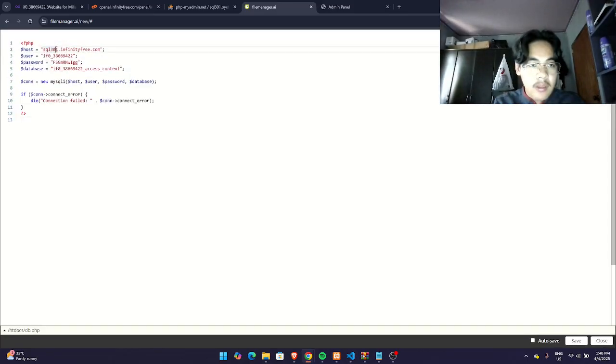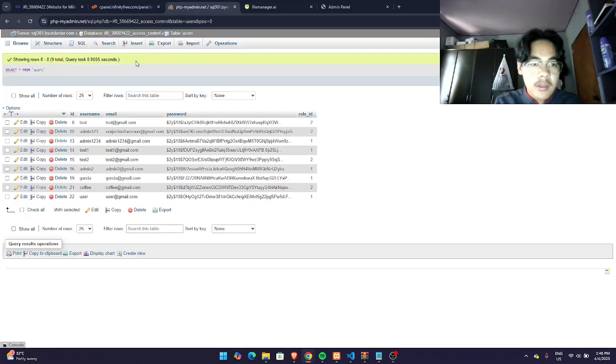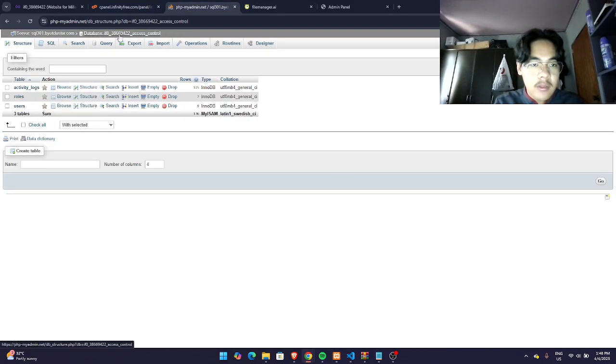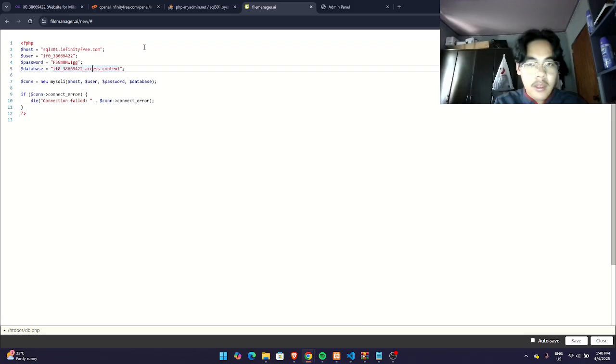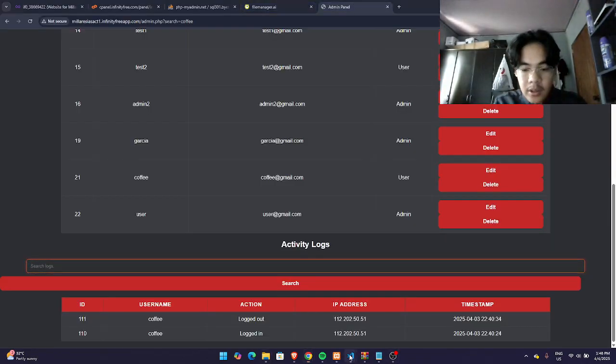So these are all given to us, which is the SQL Infinity for the local host. For the user, it is the username that was given to us, the password, then the database that we have. So this is the database that we have here. Okay. Now, for the code,